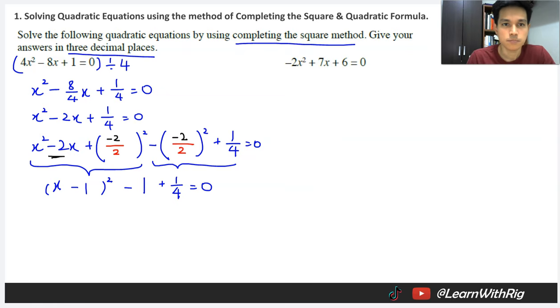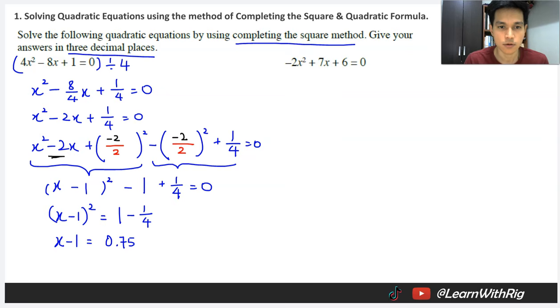Now, because they ask you to solve, you want to find the value of x. For you to find the value of x, you have to shift everything else to the right. So you're going to shift the 1 by 1. So x minus 1 squared equals 1 minus 1 over 4. Here you get 3 over 4, correct? So it's 0.75. I'm going to use decimal because it's going to be much easier. So you're going to get x minus 1 equals